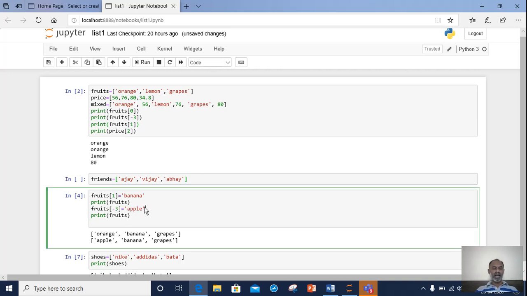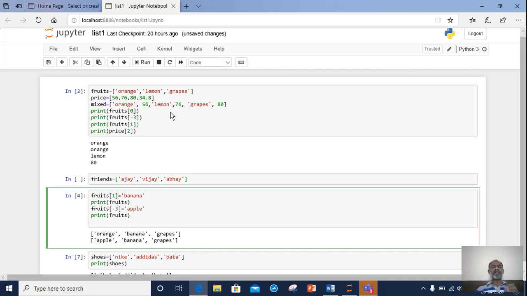Now what have we learned so far? We have learned how to make lists, how to make an empty list, how to make different kinds of lists. A list can be alphanumeric, numeric, or floating type, or a mixed type of list also we can have. So the key point is lists are mutable.